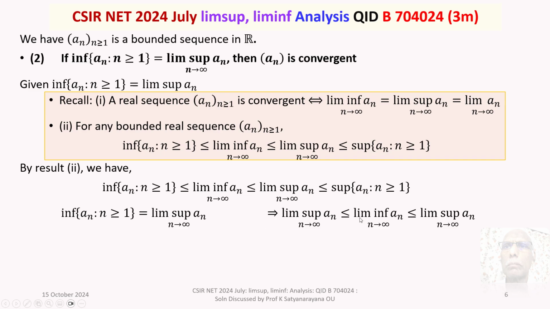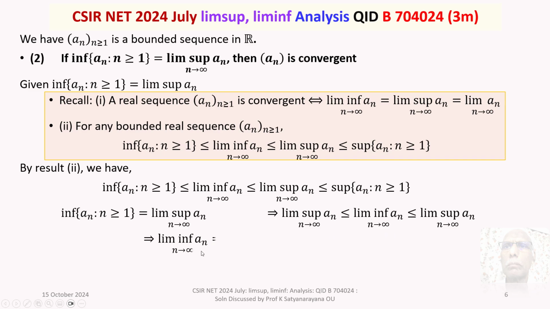Now this much is sufficient for us. The limit inferior of a_n is squeezed between limit superior of a_n and limit superior of a_n, so by the squeeze theorem, that is the sandwich theorem,